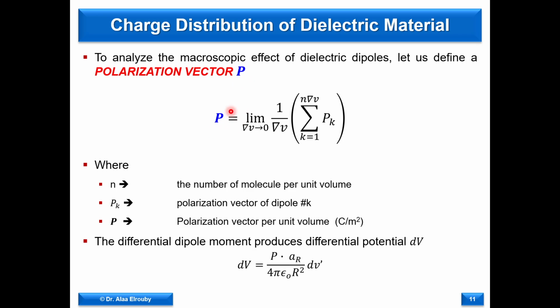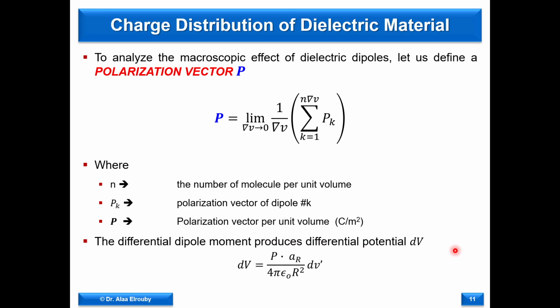The polarization vector is a vector, so we have a vectorial summation of all the polarization vectors existing in a certain volume. And if these are a very large number and continuous, we convert this summation into a vectorial integration. We had proven that the